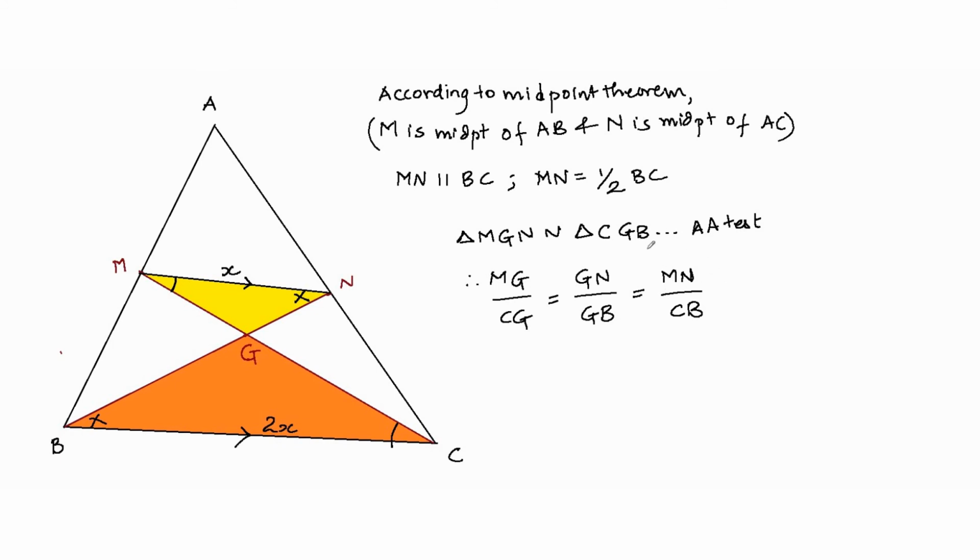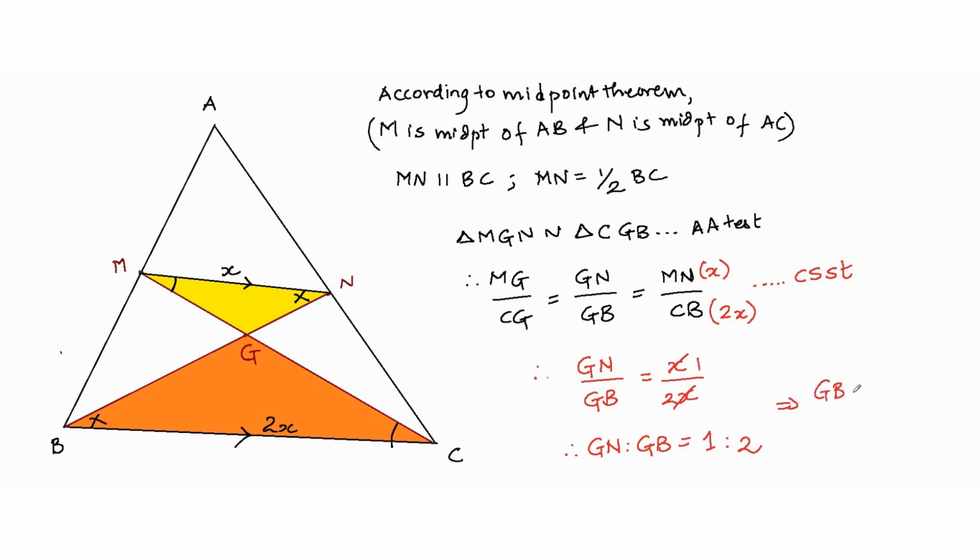Now I have taken MN as x here, right? So the length of MN is x and the length of CB is 2 times x. Of course, this is according to corresponding sides of similar triangles. Therefore, I can say that GN upon GB is equal to x upon 2x, and x cancels. Therefore, I get GN is to GB is equal to 1:2, which means that GB is to GN